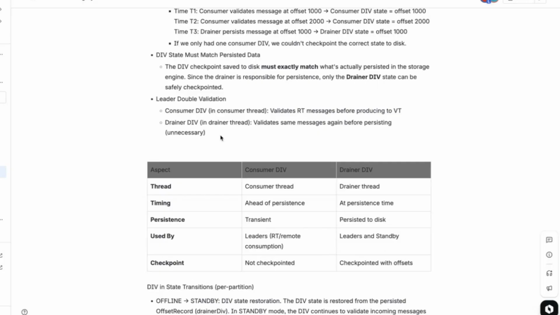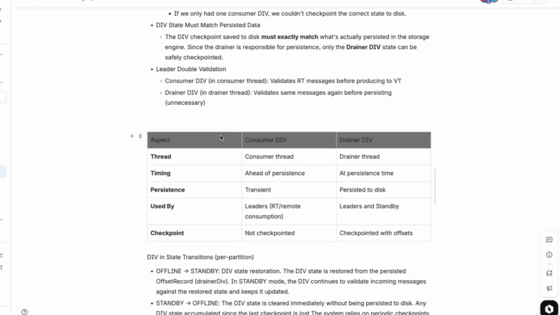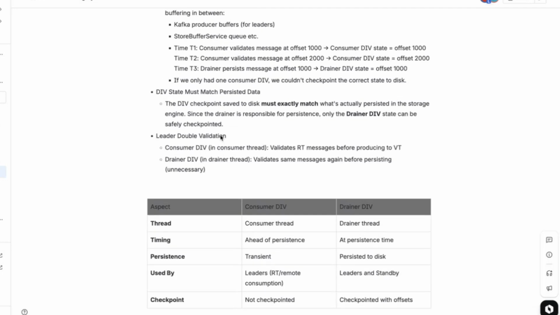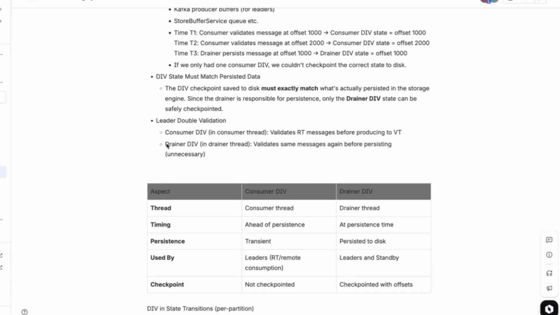Okay. Let me continue. Where was I? Okay, DIV state. So next is the leader double validation. That's basically what we talked about: for RT messages or remote VT messages, the consumer will validate one time, then the data will flow to the drainer, then the drainer will validate one more time. So you validate things 2 times,